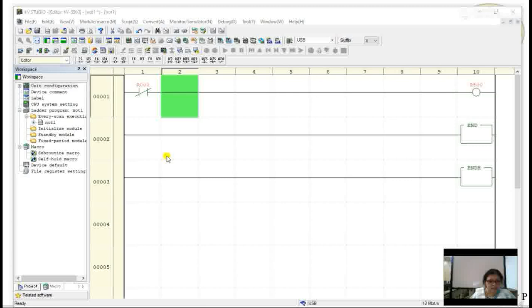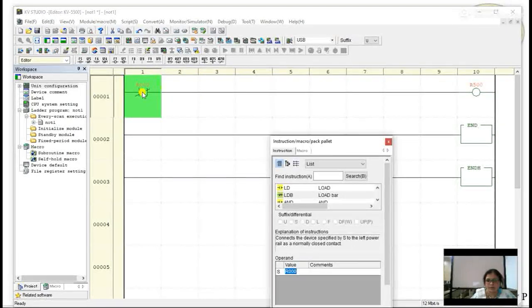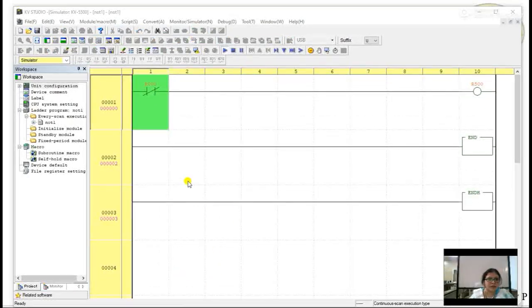So as we had seen the NOT logic, we are going to test that over the ladder diagram. This is the NOT gate simulation.